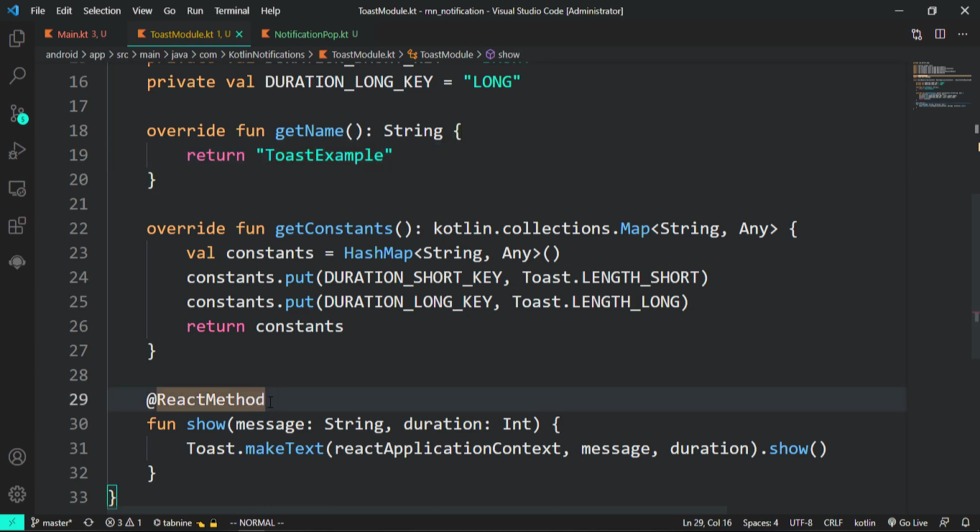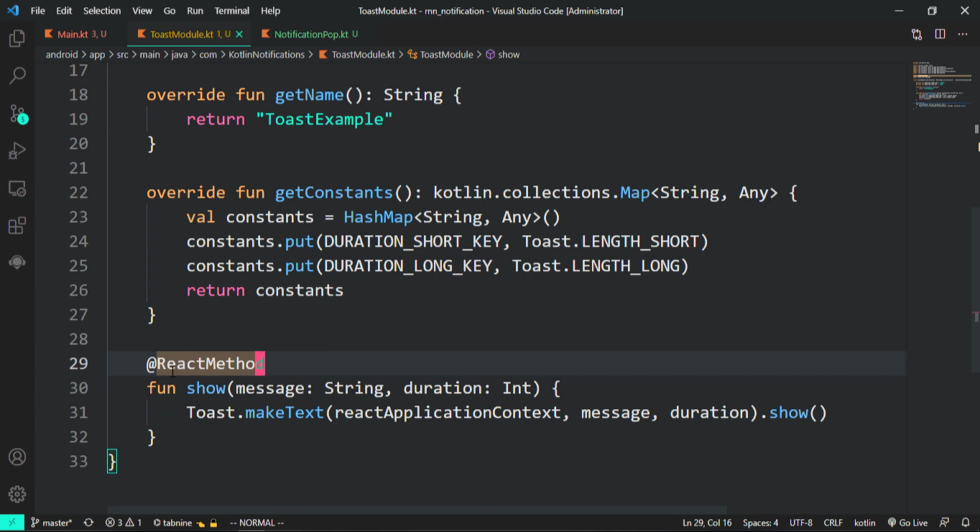But what I fully understand here is about the @ReactMethod. Without this @ReactMethod, we will not be able to trigger this function using our React Native application or the JavaScript part of it. So that's why we have to use the ReactMethod. Whenever we want to pass a function over to the JavaScript part, we make sure at the top we add that ReactMethod. So here we use the toast and make the text, pass the context, the message, as well